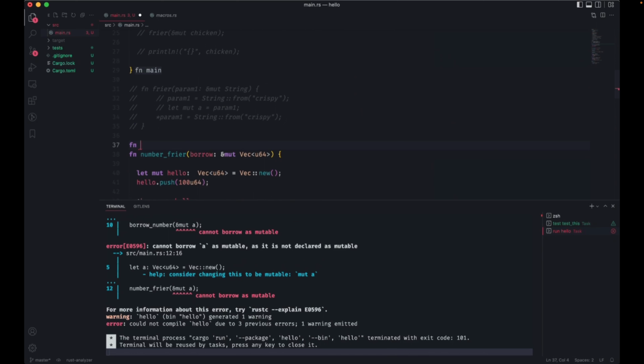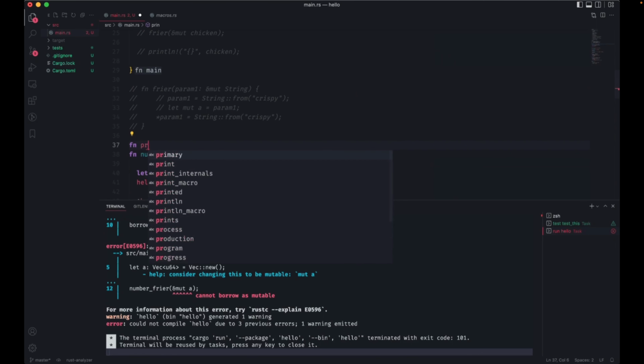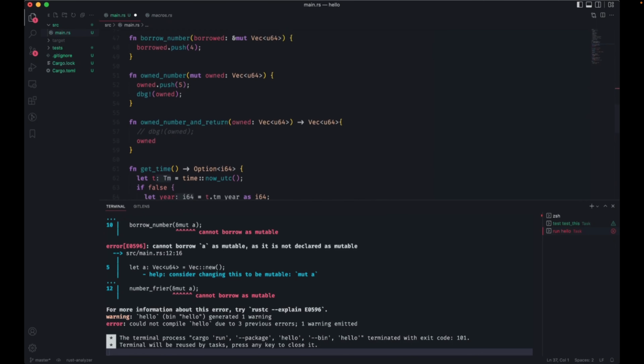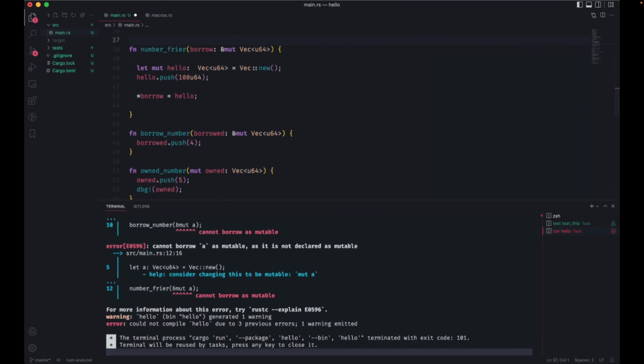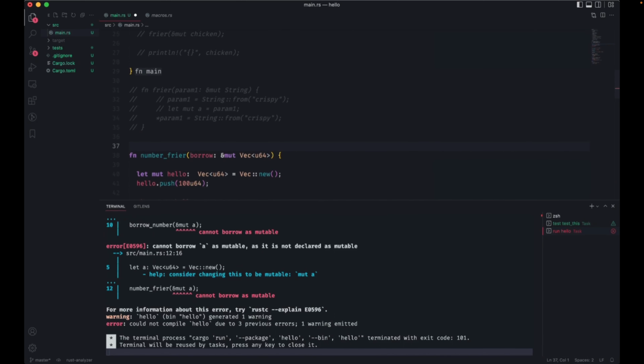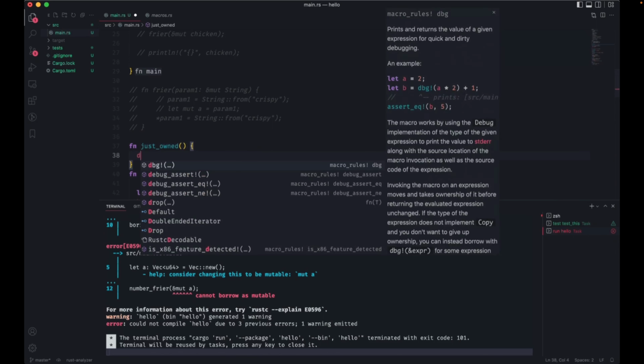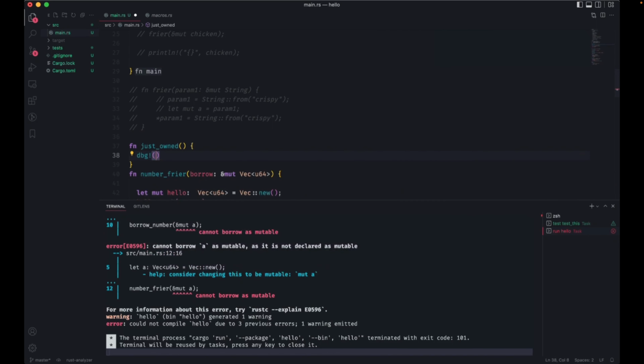So yeah, I can do something else. Like I could say, where did we do this? We had done this before, so just owned over here, and I'm going to print it.